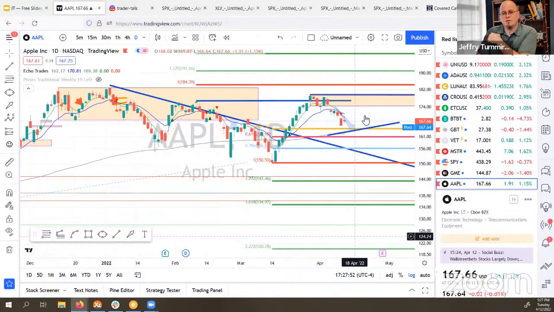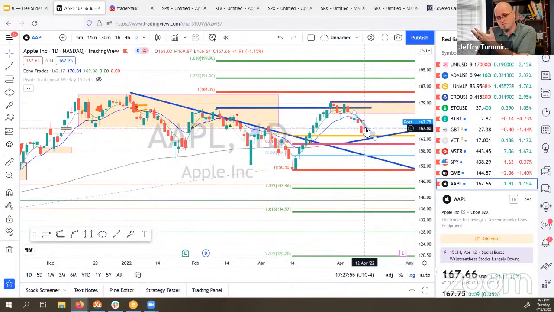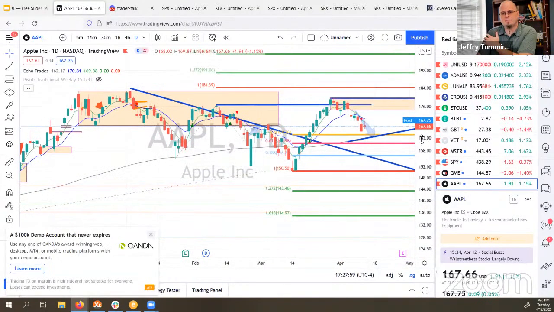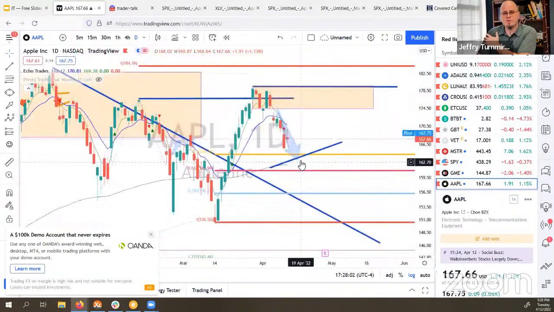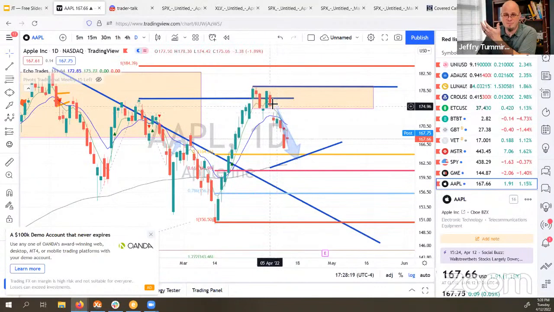So Apple right here, it was positive most of the day, but then ended up with a red doji right near the end there. I was expecting Apple to come down and retest this 144 EMA on the daily. That's what this blue arrow is, that I've been drawing ever since it failed to hold in this resistance zone. Whenever I drew it on here, I said if it comes out of this box, it's probably going to come back down and retest the 144 EMA. So it does have a little room to push a little lower and get there.